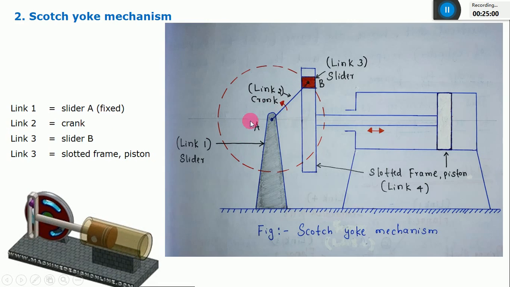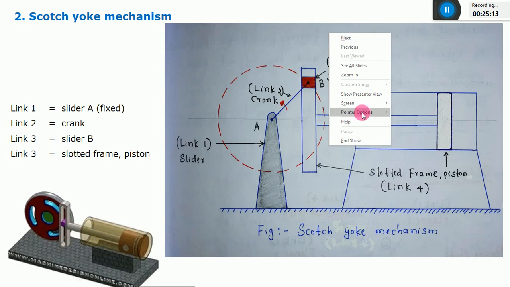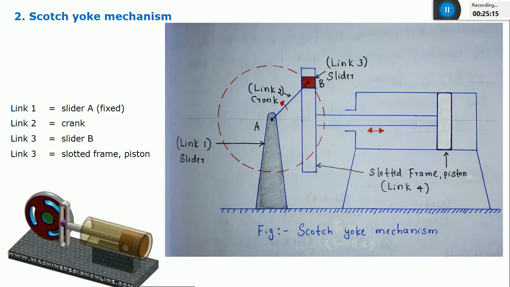So you can see, this is a link 1. I can call it a slider, which is fixed. This is a link 3. That is one more slider. And if you connect both the sliders, that is a link 2. In this case, it is rotating, so I can call it a crank. Okay, this is a crank. As the crank starts rotating in an anti-clockwise direction, what will happen? The slider also starts moving in the groove in up and down direction. So finally, the output you are getting is nothing but the reciprocating motion of this slotted bar.